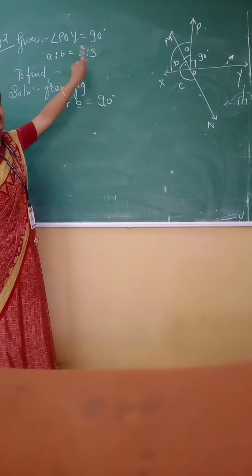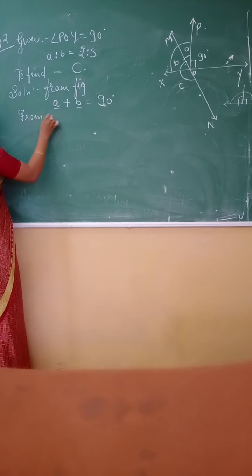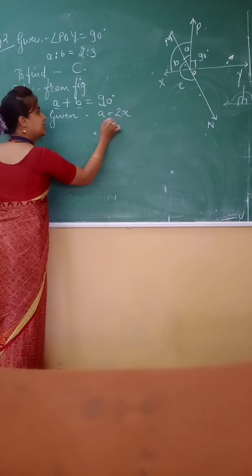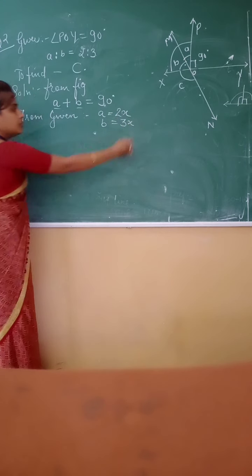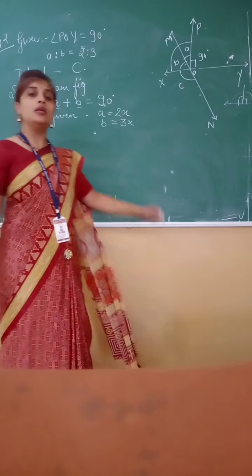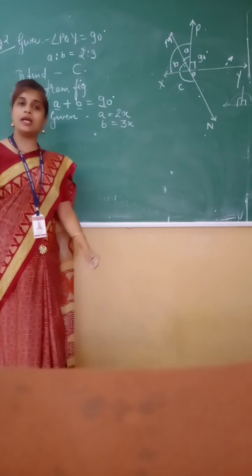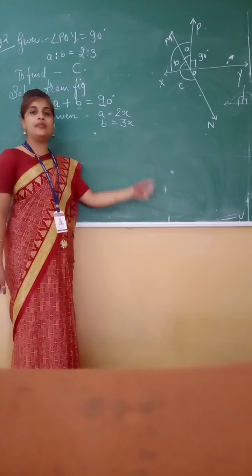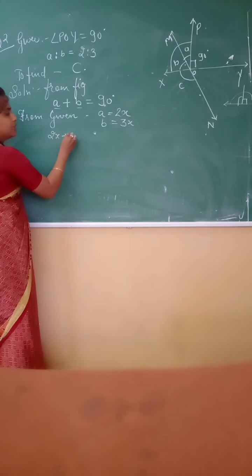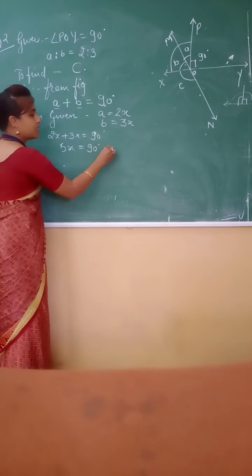Now what is angle A and what is angle B? So from the given part, A will be equal to 2x and B will be equal to 3x. A is to B, the ratio of A and B is 2 and 3. So जब हम वहाँ से रेशियो को हटाएंगे तो रेशियो को हटाने पे एक कांस्टेंट का मल्टीप्लाई होगा. So A will be equal to 2x and B will be equal to 3x. Now put this value here. So we will get 2x plus 3x is equal to 90. That is 5x is equal to 90.